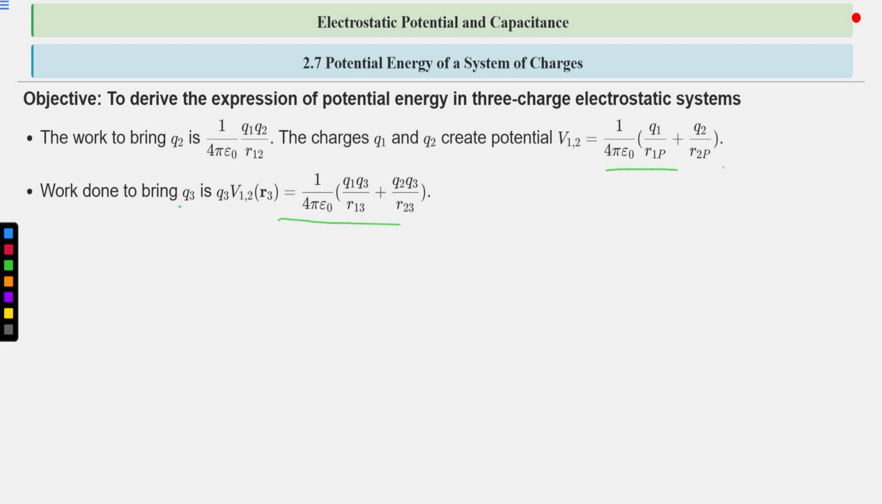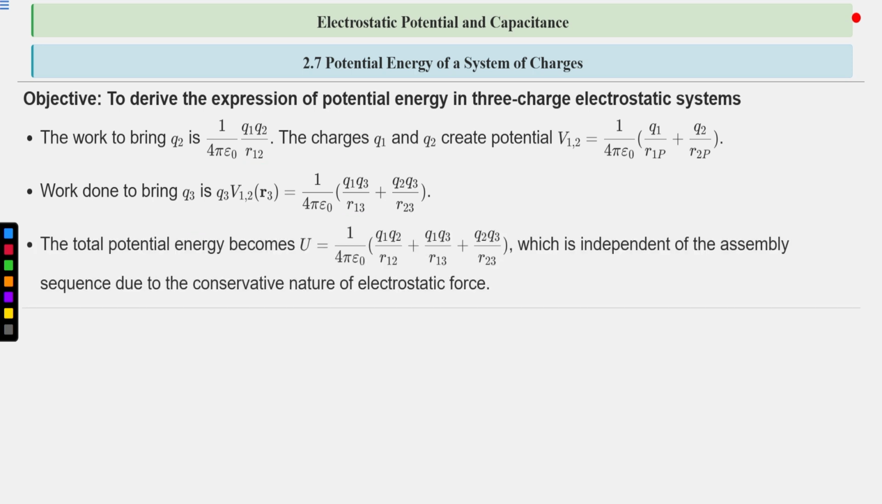This is the work done to bring Q3 charge into the configuration. This is the work done to bring Q2 charge. This is the work done to bring Q3 charge. And work done to bring Q1 charge was 0. Now we will calculate the total work done. What is the total work done? Hence, total potential energy is 1 by 4 pi epsilon naught Q1 Q2 by R12 plus this work. And after taking common 1 by 4 pi epsilon naught from all the total work, it will become 1 by 4 pi epsilon naught times Q1 Q2 by R12 plus Q1 Q3 by R13 plus Q2 Q3 by R23,